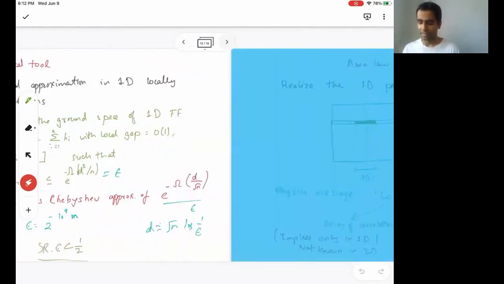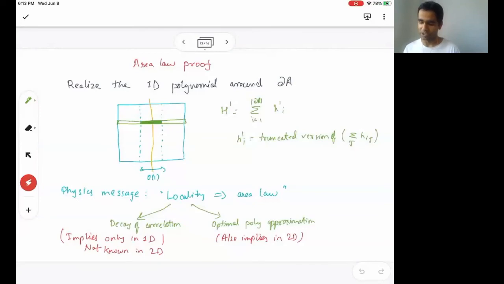And thankfully, it works out for this kind of picture as well. And then we get to the proof of the 2D area law by having the optimal approximation in 1D along the cut, essentially. So a physics message here would be the following, which is this is intuition